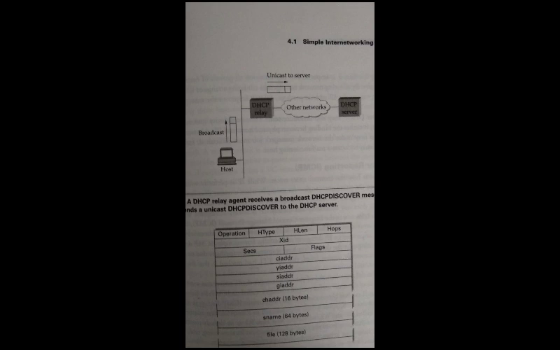So in every network a relay agent is present. The relay agent knows the IP address of the DHCP server, and on behalf of that host it is going to send the query message. It is going to receive the response from the DHCP server. After receiving it, the DHCP relay is going to forward this particular message to the host who has sent the request. Once the host receives the message, it is going to get the IP address and then connect to the network.